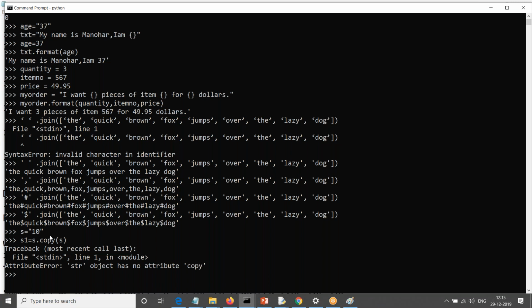Got it right? Any more questions? Now it's a question time. You have questions, right? Some of you are asking questions today in the middle of session. Now you can ask your questions. Can we compare two strings? Happily, yes. Hello Manohar, can you have a more example on a join function? Yes, you can take more examples, sir. What do you want to do there? I'll do one thing. I'll just